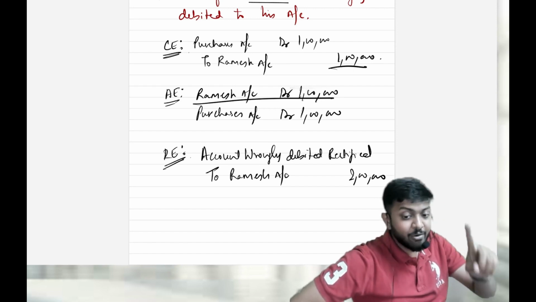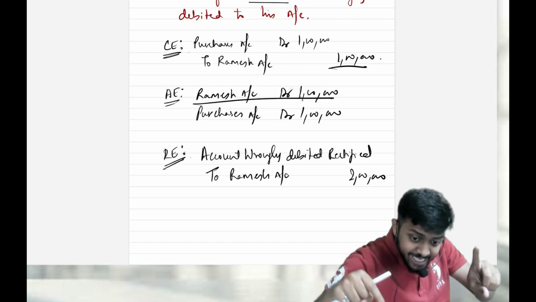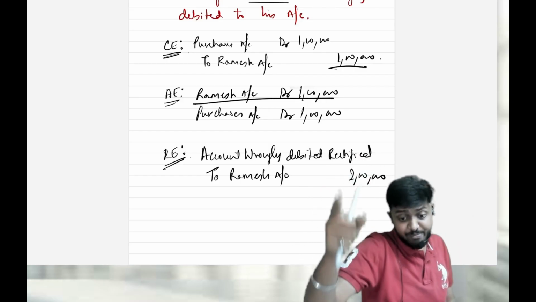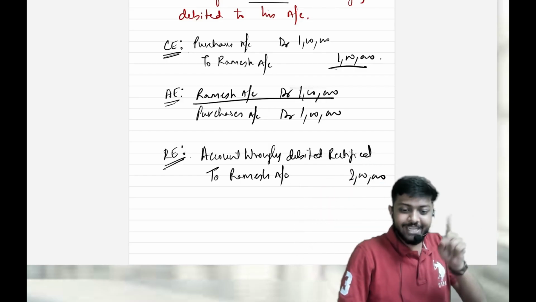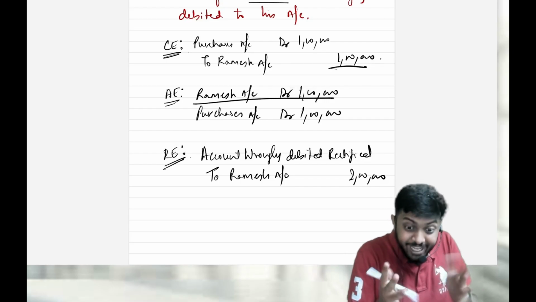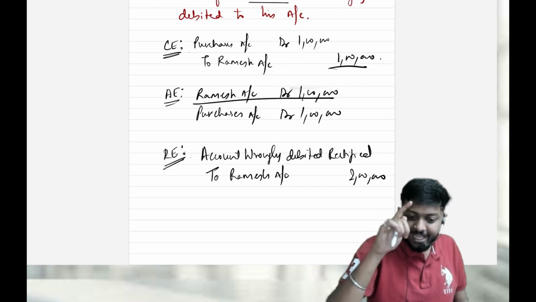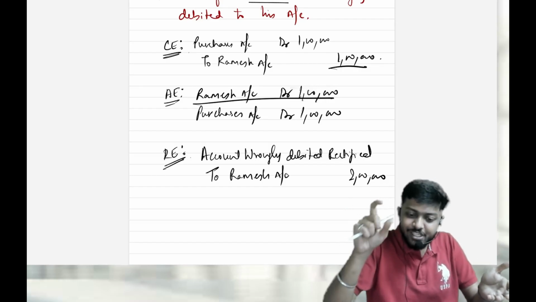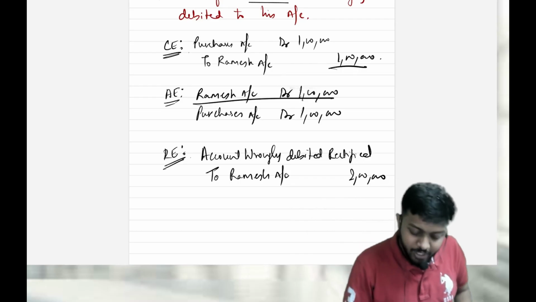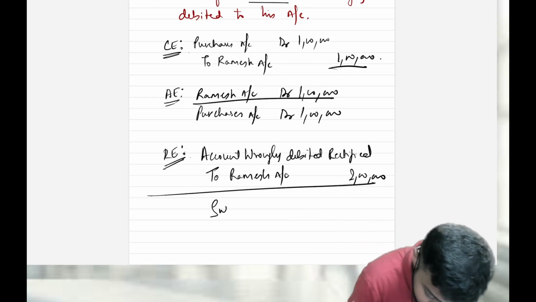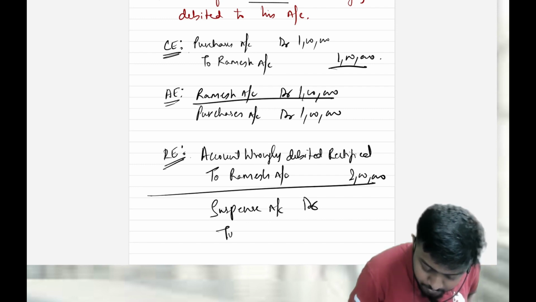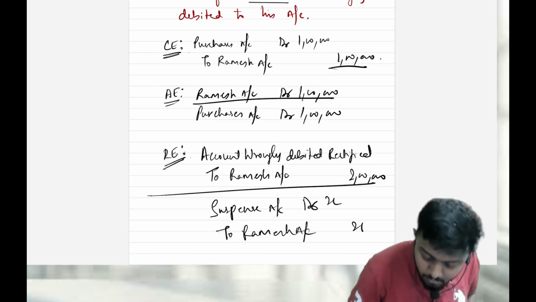See, after trial balance, I would have prepared the trial balance. Since there is a one-sided error, trial balance would not have tallied. Since trial balance would not have tallied, a suspense account would have been created. Now I have an account to use. This problem I don't have, because the reason my trial balance did not tally is the one-sided error, and that difference I put in suspense. Now, I will use that suspense account if the error is identified after trial balance.